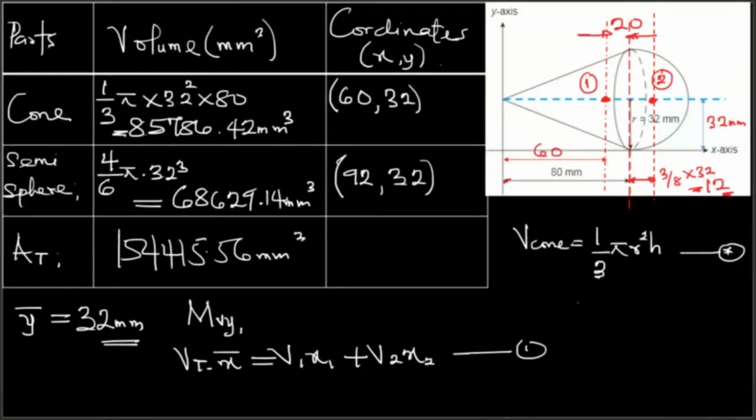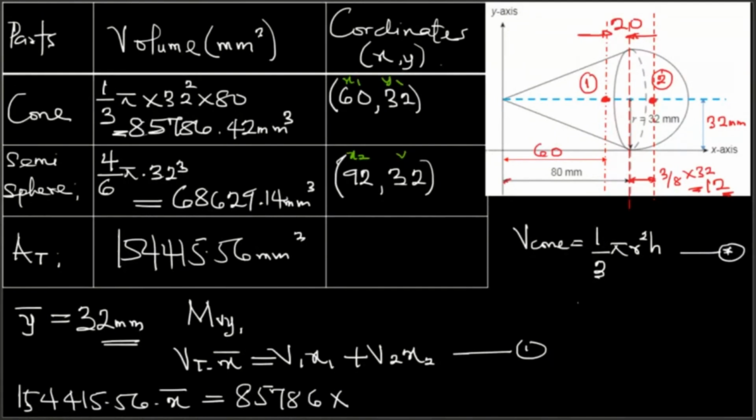So the total volume is 154415.56 multiplied by the X coordinate, which is going to equal V1. Our V1 is 85,786 multiplied by, guys, don't forget, this is your X1, Y1, this is your X2, Y2. X1 is 60